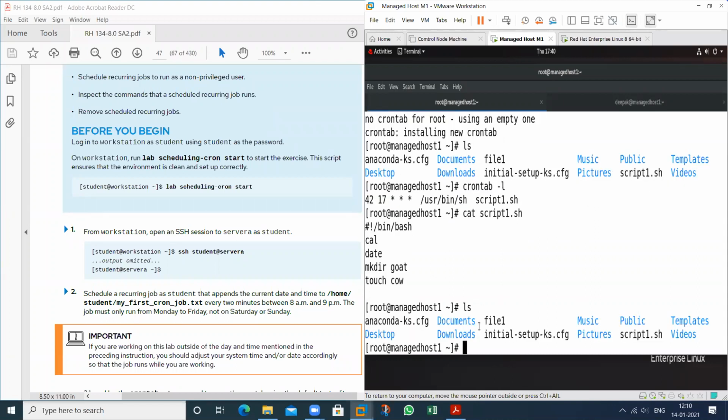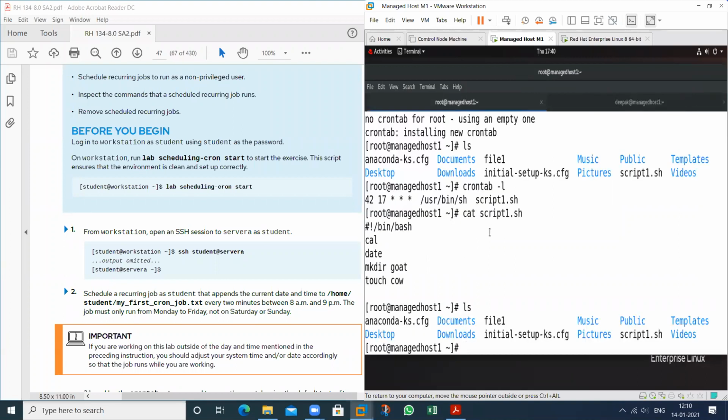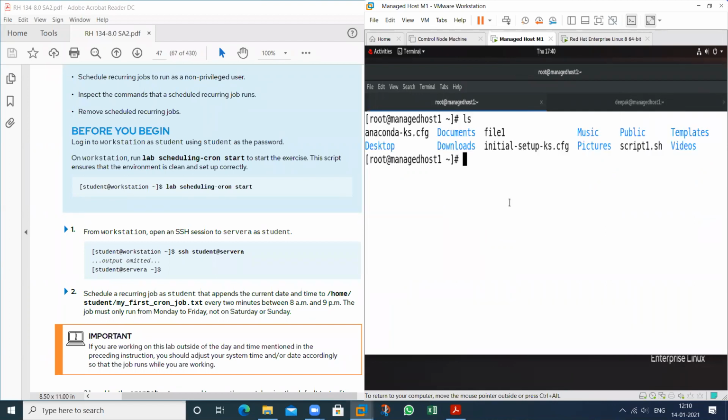At this time we have no directory, no file, because it's 42 now, and at this time it's 40. After 2 minutes this task will happen. So wait for 2 minutes and these whole tasks will be complete.